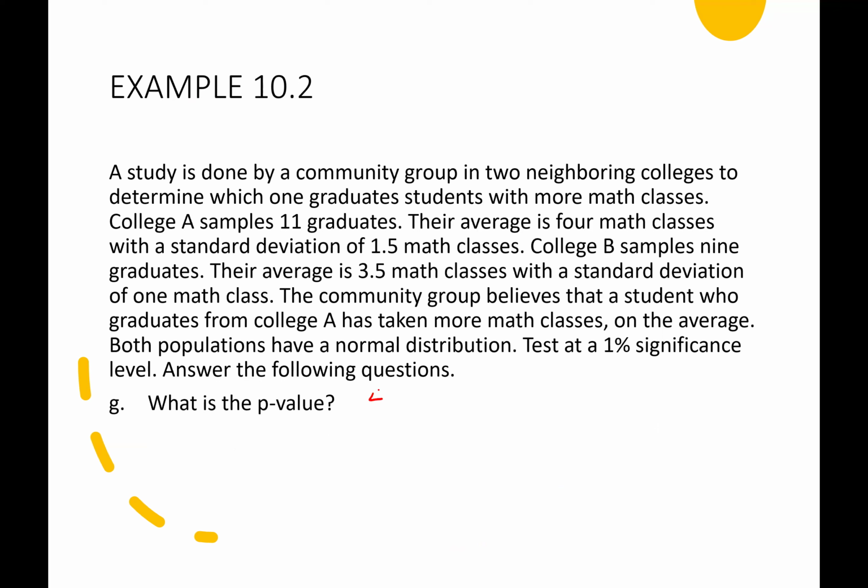We're going to be using number 4, a two-sample t-test. So we need to know what to put into the two groups. I'm going to use X sub 1. I'm going to use that as college A. So college A, what? Graduates